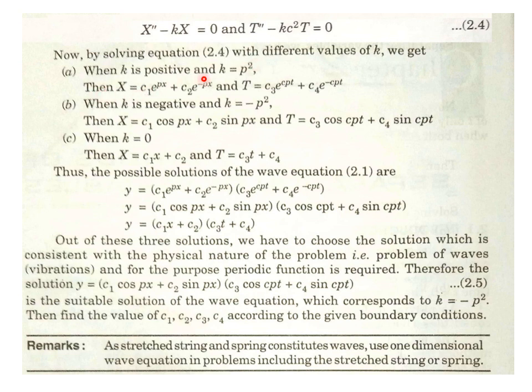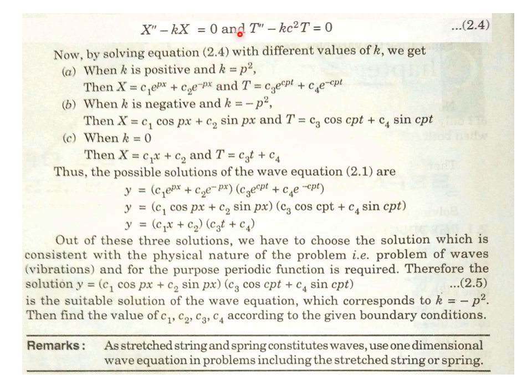Then that equation reduces to X double dash minus p square X equals 0. That means a second order linear differential equation with constant coefficients with 0 right hand side, so only the CF will be the solution. So capital X, the dependent variable, equals CF, and as the roots of the auxiliary equation will be plus minus p, its solution is X equals C1 e power px plus C2 e power minus px. So that is where the chapter of CF and PI is utilized.